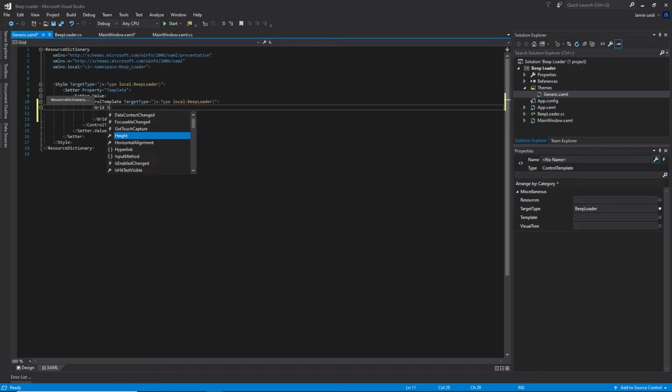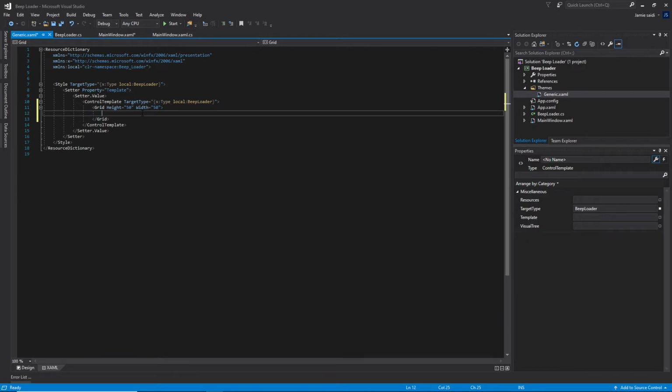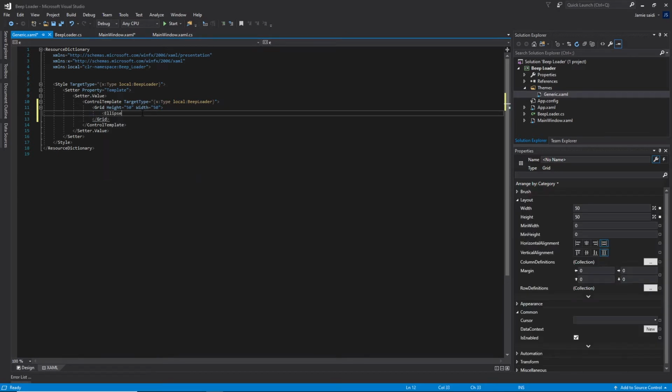I'll set the height and the width of the grid to 50. And within the grid, I'll add in an ellipse and set its height and width to 5. I'll give it a stroke thickness of 2 pixels. And I'll set its stroke through a binding. So I won't predefine the stroke, but I'll bind it to